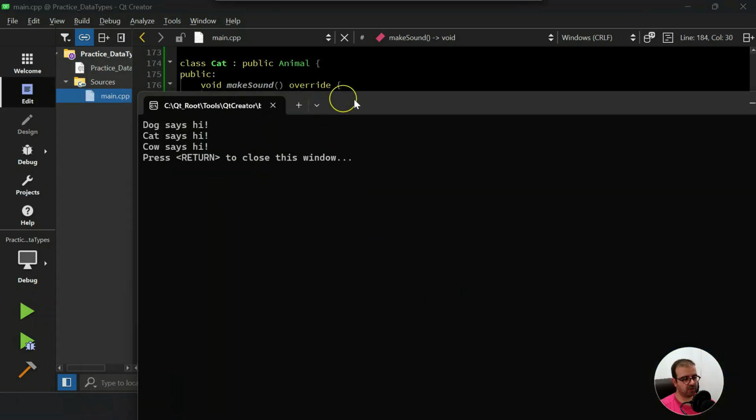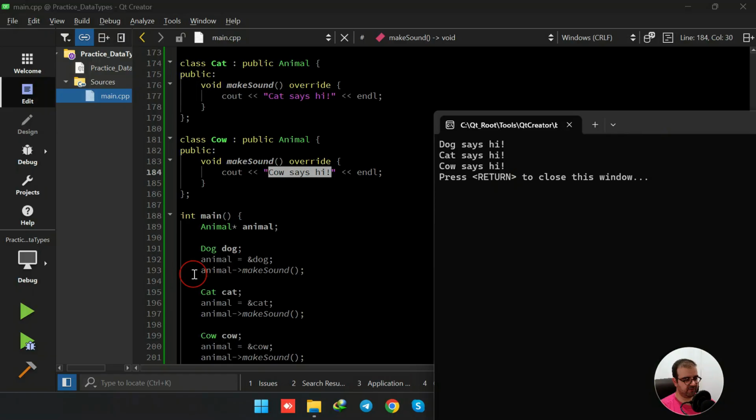So when I run this code, we see that for the first time when we call the makeSound function, it is going to say dog says hi because the address of the object from the dog class was assigned to this pointer. So this one is desirable. This is what we expected. And then it says cat says hi